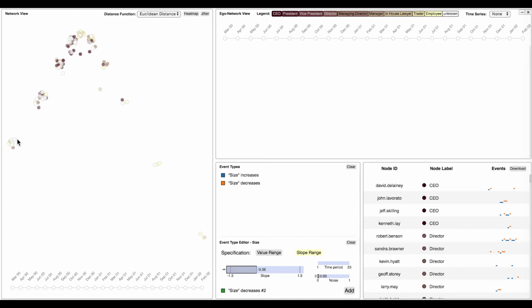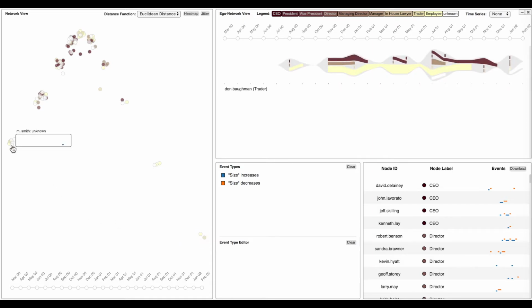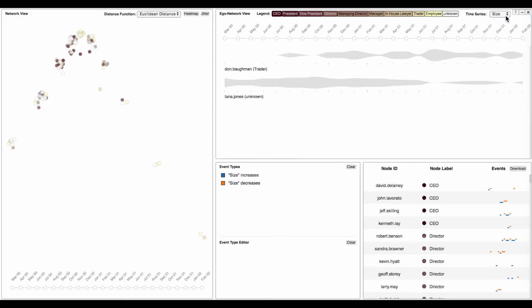Most ego networks maintain a stable size over time. They only have few blue and orange pixels. There are some outliers that have a very fluctuating size. Their event sequence visualizations have many blue and orange pixels. The analyst selects an ego network with a fluctuating size and an ego network with a stable size. From the size time series in the ego network view, the top time series really has more ups and downs